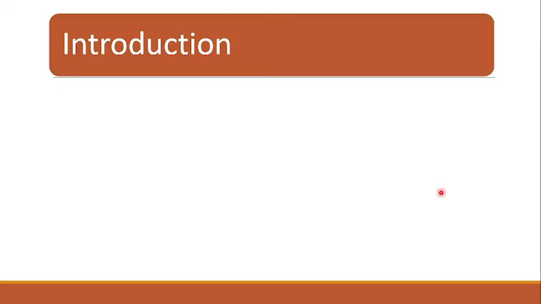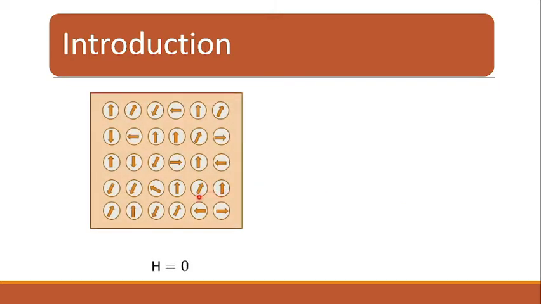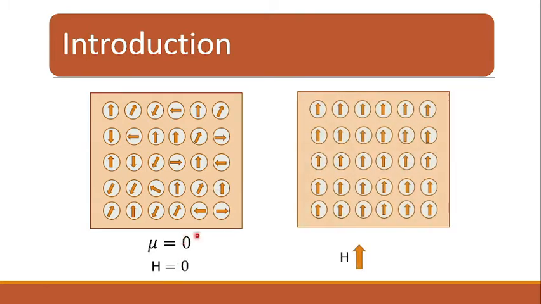Any object of finite size contains a large number of atoms. In general, the magnetic moments of these atoms are randomly oriented, and hence there is no net magnetic moment in any volume. When the material is placed in an external magnetic field, torques act on the atomic dipoles, and these torques try to align them parallel to the field. The degree of alignment increases with the increase in the strength of the magnetic field, and therefore the material attains a net magnetic moment in the direction of the field.